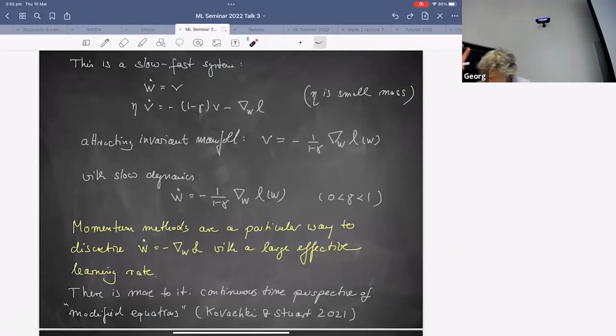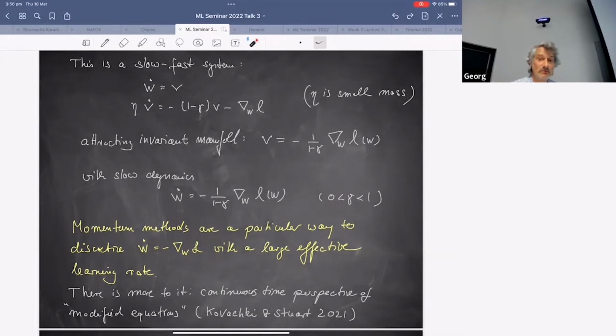So, I said I want to talk about ways to look at machine learning algorithms. The methodology here is trying to understand these discrete methods that we have in general. We have a discrete neural network, and here we have a discrete algorithm for our optimization algorithm. By going to the continuum limit, which is much easier to understand, we get a continuum perspective on these discrete algorithms, and we can learn something.